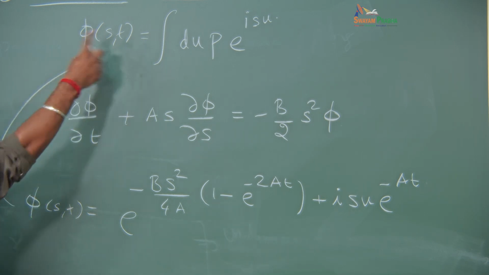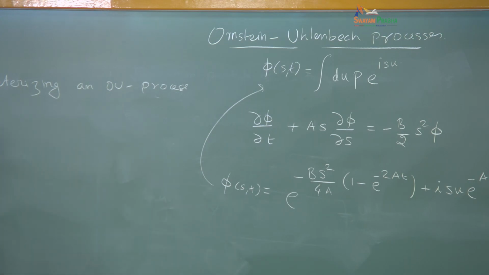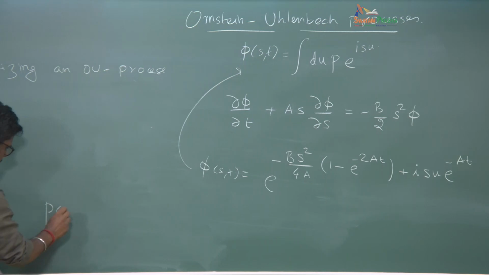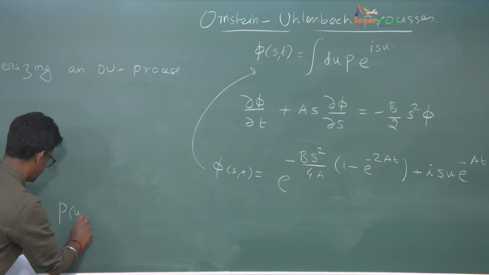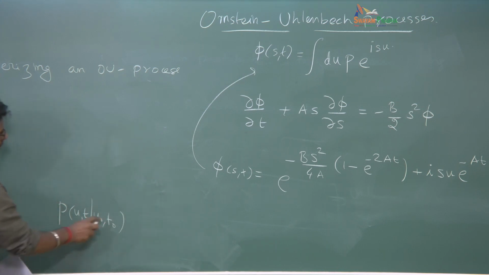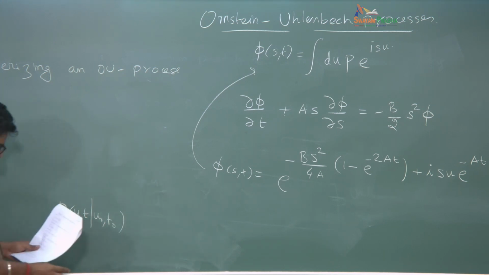So we do the inverse Fourier transform to get p of u comma t with the initial condition u naught, t naught. This will become